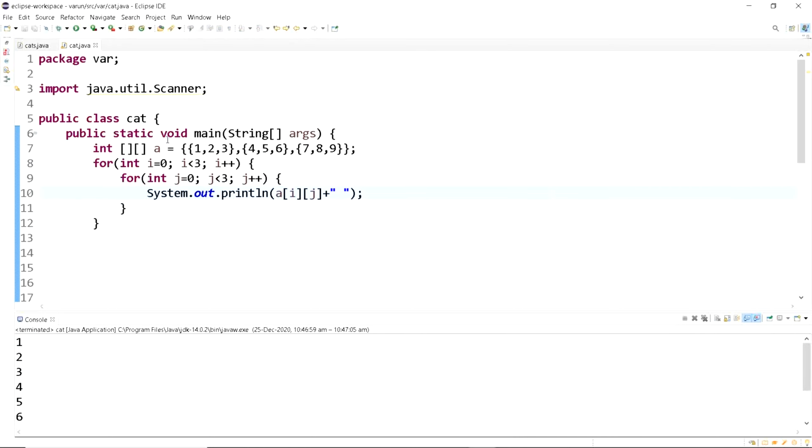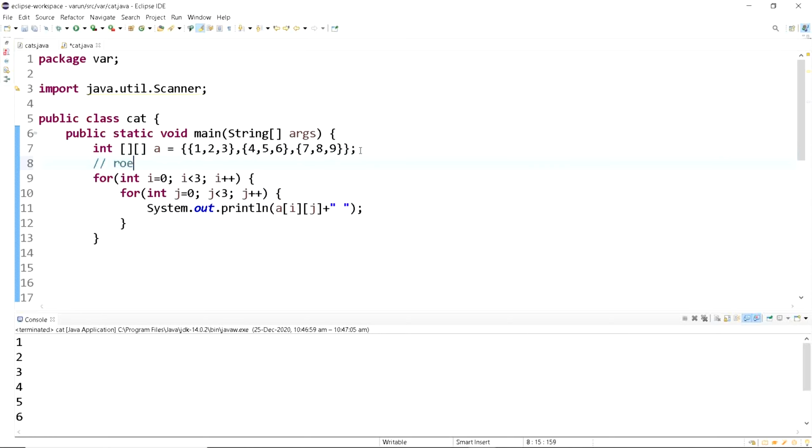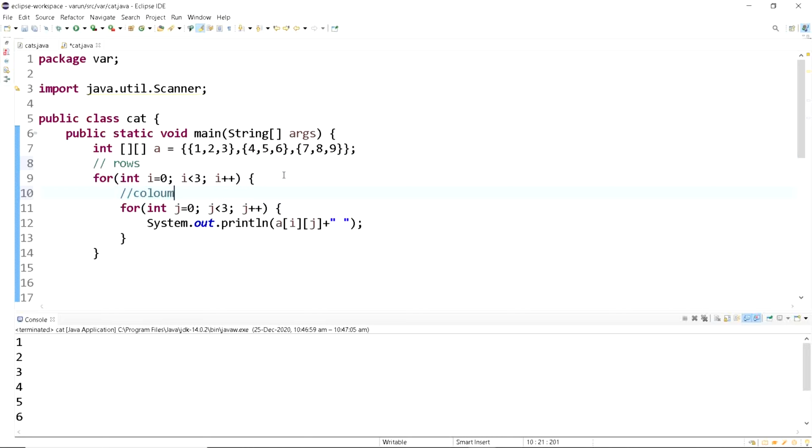So what I've done here is I've written the array, and this first for loop, the i loop, is to go through all the rows, and the second one which I wrote is to go through all the columns. i equals 0, i less than 3, i plus plus.